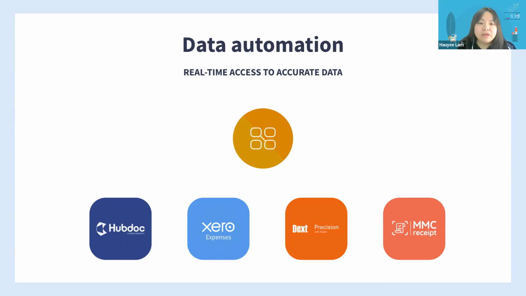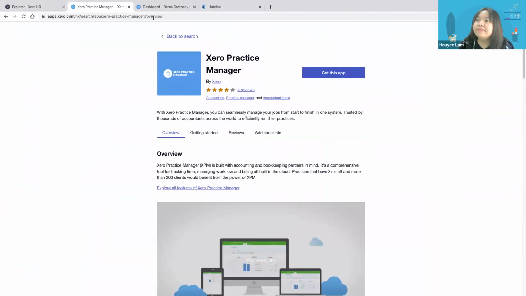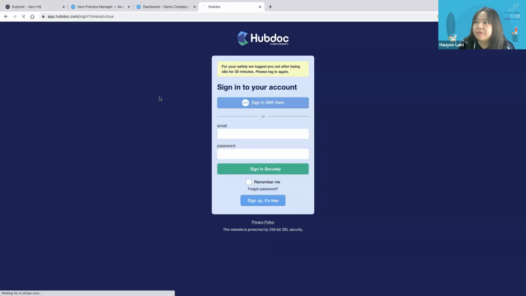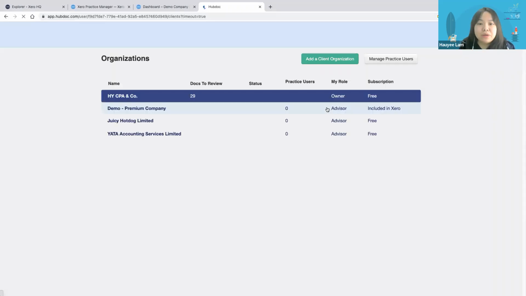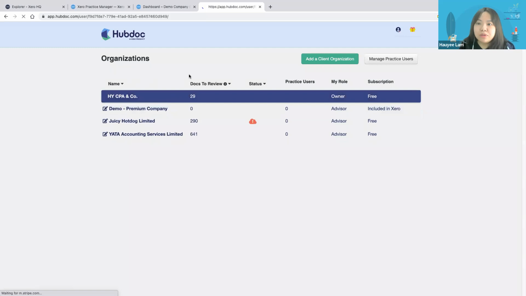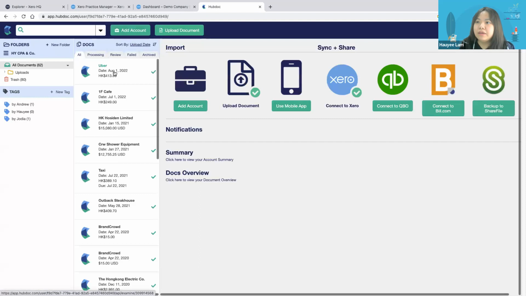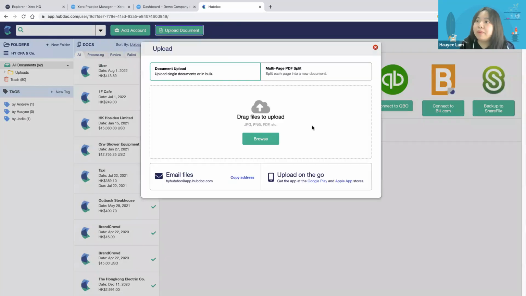Let's take a look at two of the options here, HubDoc and Xero Expenses. So let's just start with HubDoc first. You can see here, you can use single sign-on to log in to HubDoc with your Xero login. There are a couple of ways for you to upload your documents. You can drag and drop to upload all the files from your computer, or you can just download the app